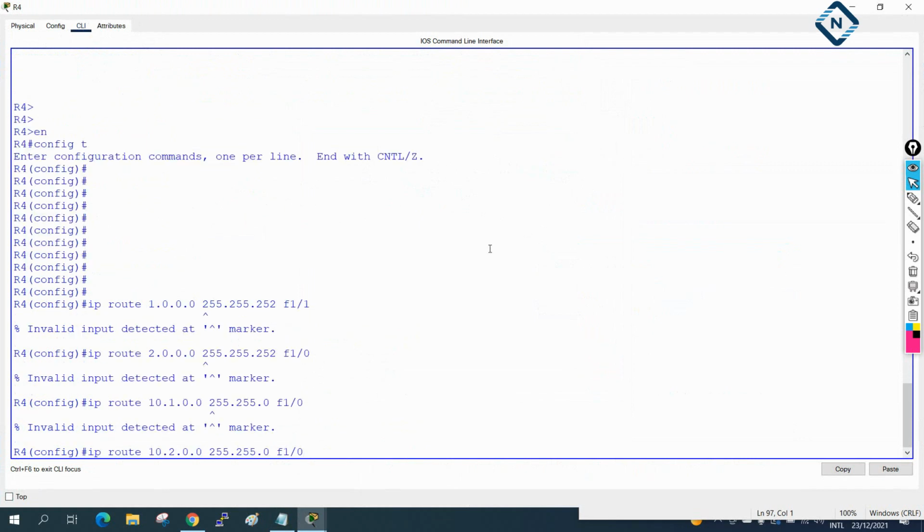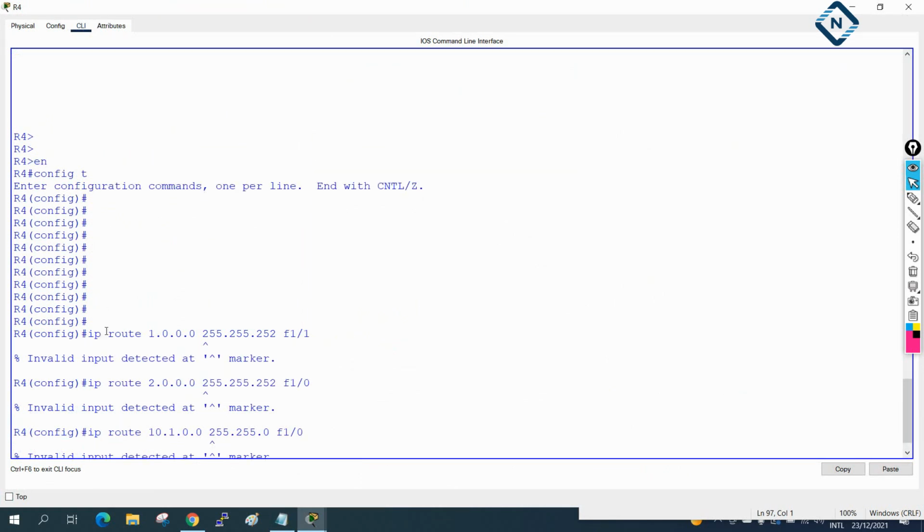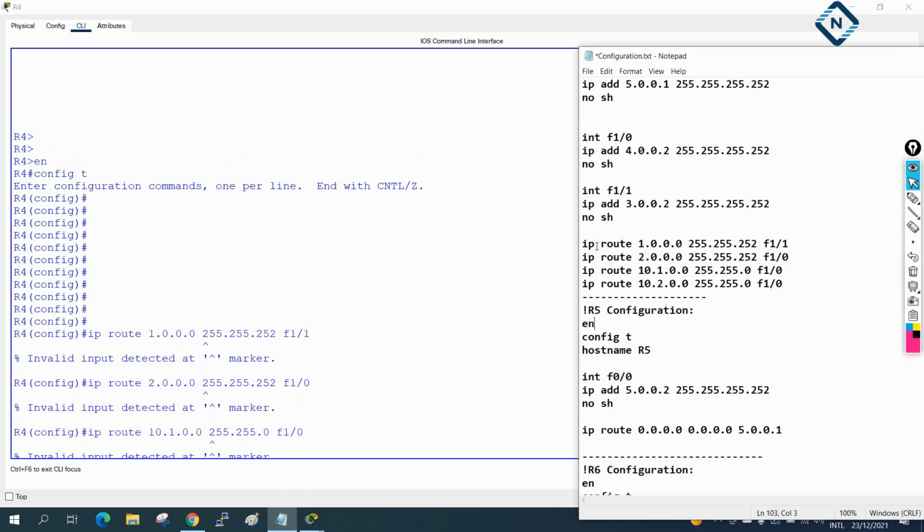Okay, somewhere I made some mistake. Let's check what I put here. 255. Okay, IP route. Let me check for a typing error. IP route, and then 1.0.0.0 255.255. I forgot to write one more 255.